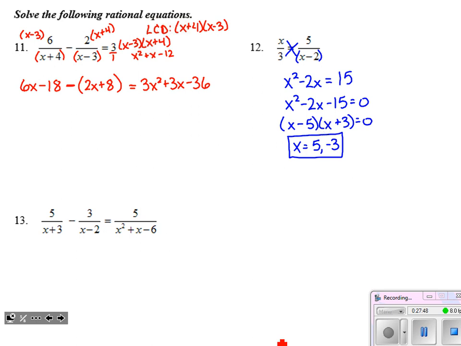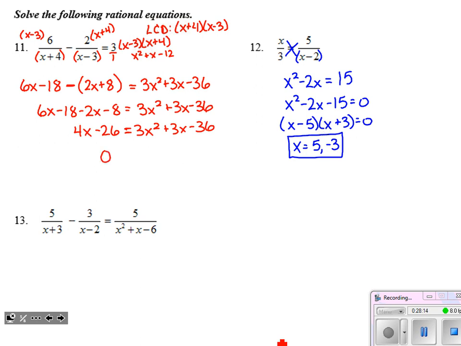All right, so let's build this equation, right? We don't worry about the denominator anymore because we know that it would just cancel out anyway. Why bother writing it every single time? That's a lot of wasted effort. So I distribute the negative. Let's combine some like terms. Okay, we can definitely see a trinomial forming, so we want to get it set equal to 0. I subtract over the 4x, add over the 26, and now I have something to factor.